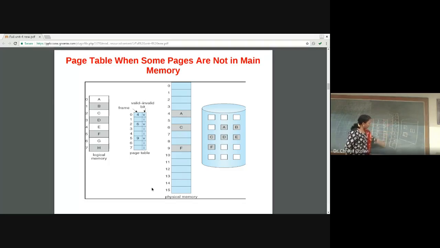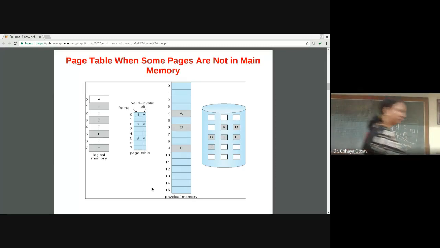Yes, but there is no space. So apply some algorithm, say FIFO, LRU or optimal, and we assume that this page is not currently required. So this is our victim page. So bring page number 2 into the back store. Remove this page from this frame to the back store. Now page number 2 is not in frame number 6. So delete this entry and convert this valid bit to invalid. Right? Now page number 2 is swapped out. This is called swapped out from main memory.